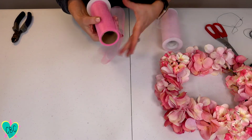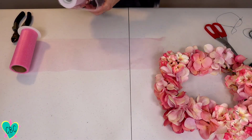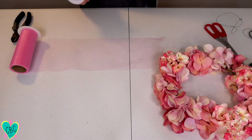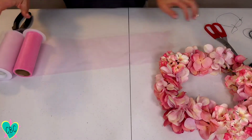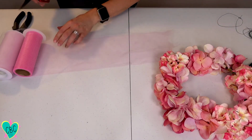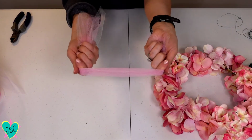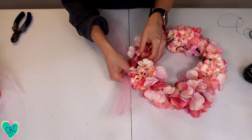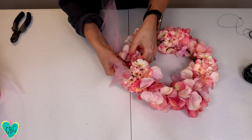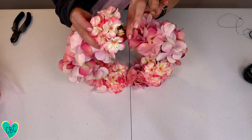Bring out my 2 rolls of tulle. I'm doing 2 shades of pink. I'm going to roll out about 6 to 8 inches of tulle and layer them. Then I'm going to cut them and bring them together to form this kind of tulle ribbon. Then I'm going to find some places on the ring that has some gaps in it where I could put more flowers, but I'm going to put the tulle